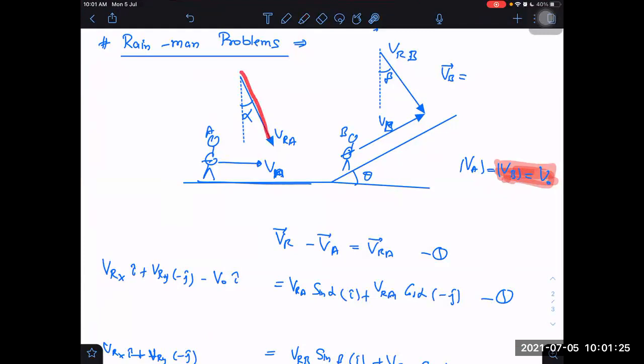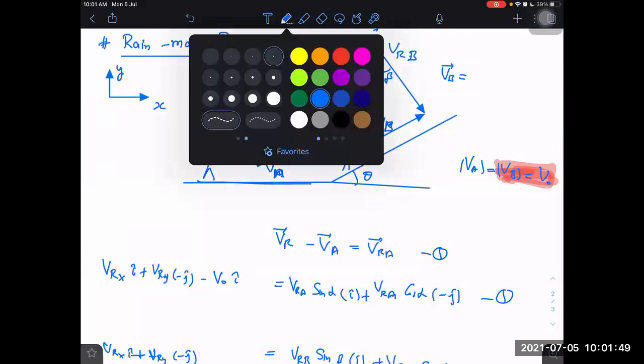I think you have not understood this also, how we are taking the components. We are writing VB using the normal i cap, j cap conventions. VB sin theta j cap. According to our normal convention, right side we are taking as X and upside we are taking as Y. According to that convention, if I have to take this as X and this as Y, can't you take its components now? Tell me. Yes, sir.